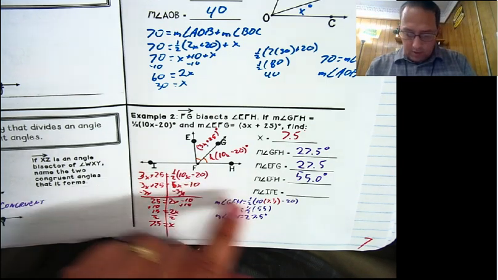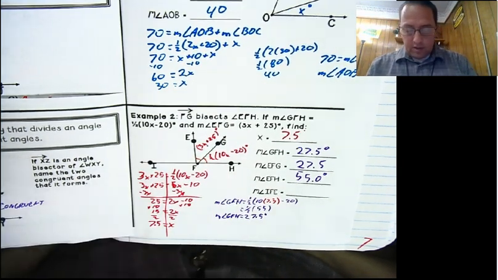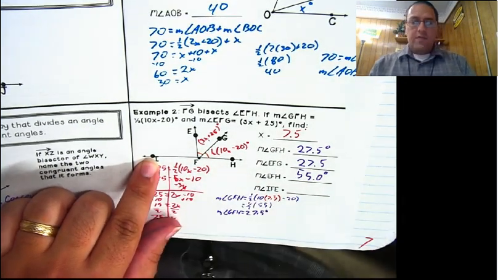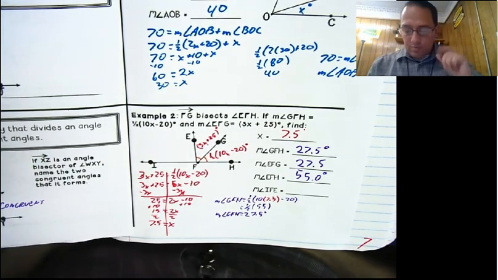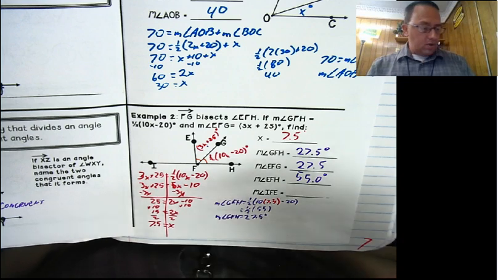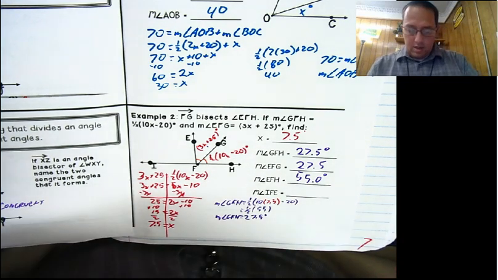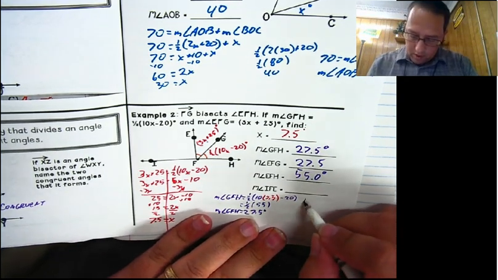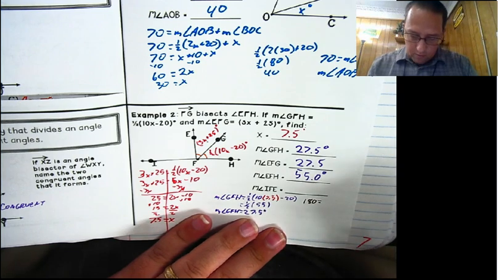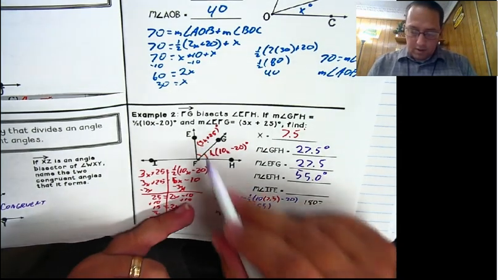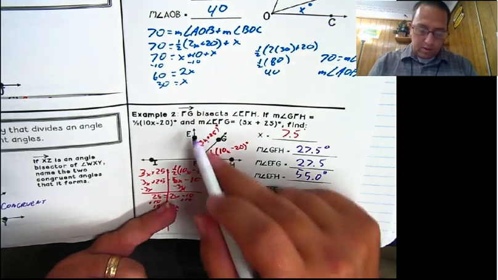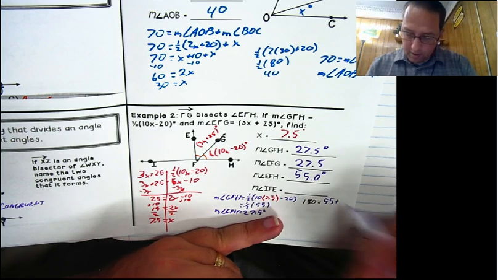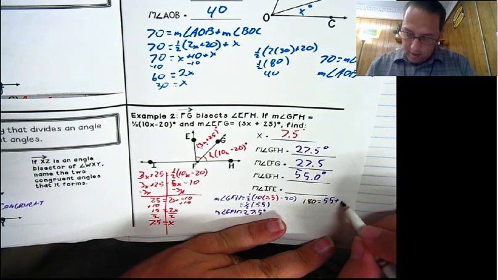All right, and our last one is IFE. Now, this one is a little bit trickier. What we have to do here is look at angle IFH. Notice IFH is a straight angle, right? Which means, since angle IFH is a straight angle, then that is 180 degrees. So what we can do is 180 degrees equals the measure of angle EFH plus the measure of angle IFE. So that's going to equal 55 plus the measure of angle